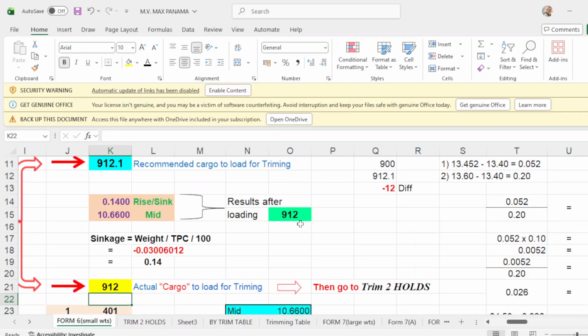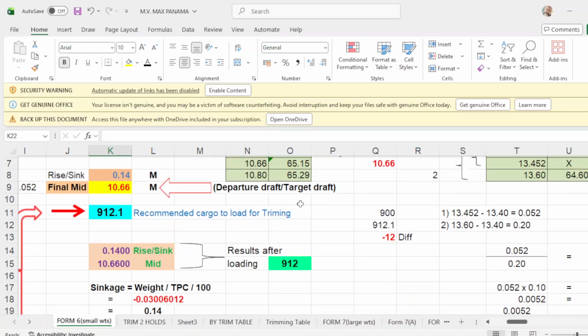What happens if you put 912? Take note, guys, the exact figure of mid departure is 10.66, which is exactly the same here, and your sinkage is 0.14, which is exactly the same here. That's the difference, because when you add an additional 12 tons, then you have exactly the same figures of 10.66 and 0.14, because you have 12 metric tons more from 900.